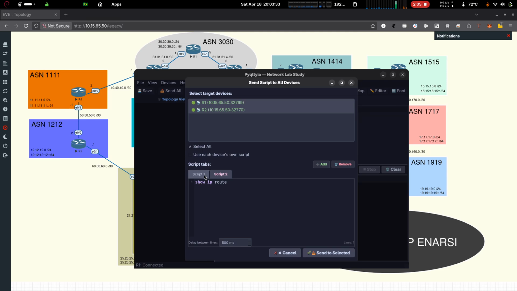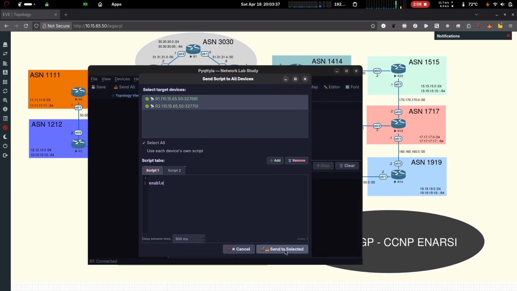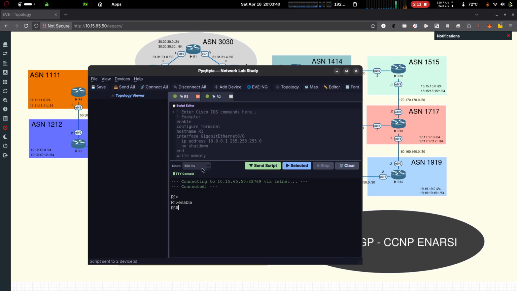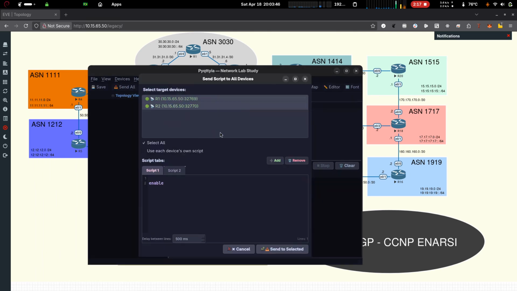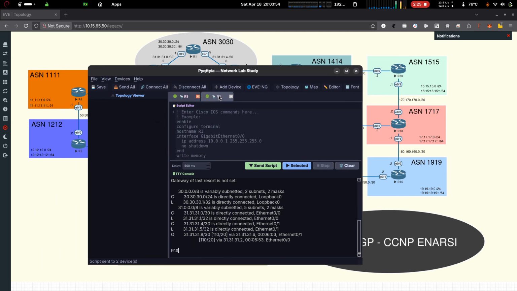Then I can send this enable to all of them, so it's sent to both. I can come here on send all, script 2, the show IP, here it's sent, here it's sent. Let me finish up here.